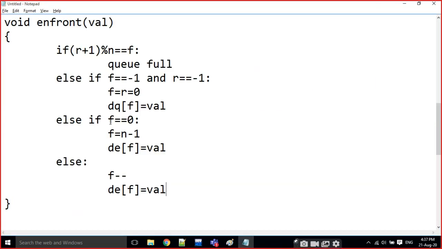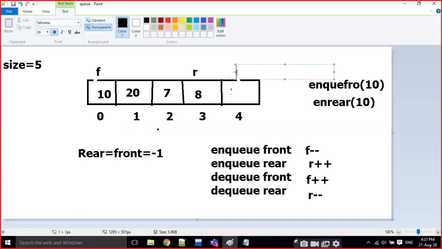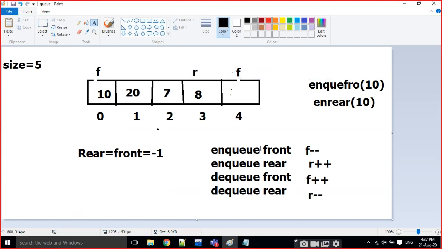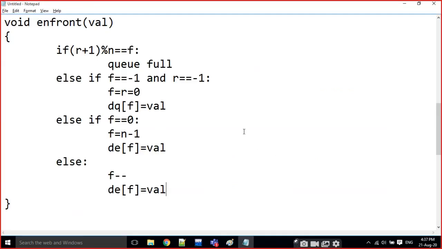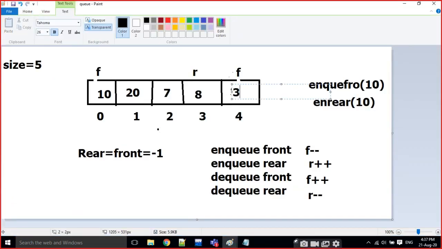But there is no minus 1 index, right? That's why I am going back to the top position. That's why I am writing if f is equal to 0, then I move f to n minus 1 here. Now I am going to insert at this last position.